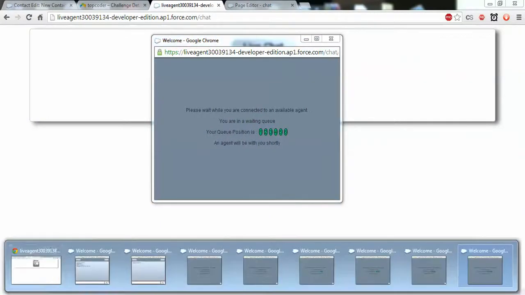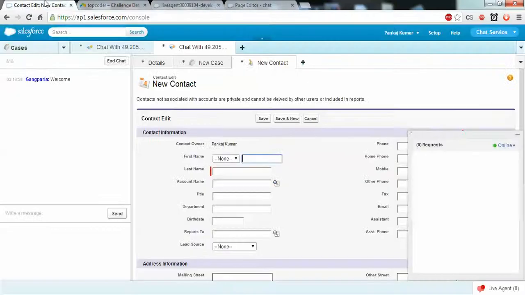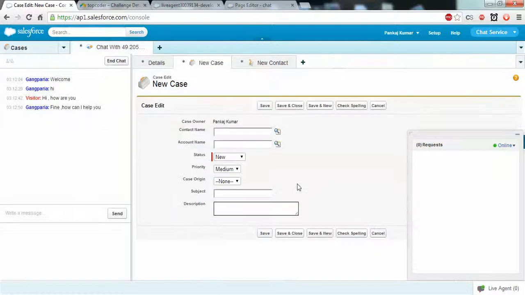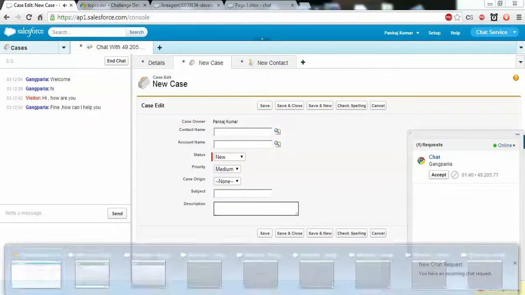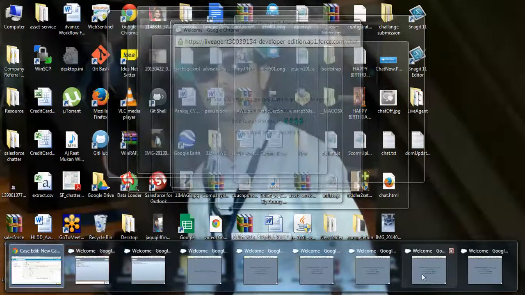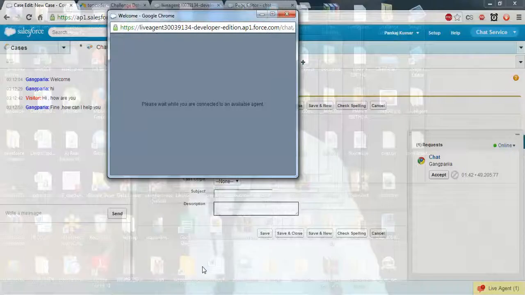If I accept or decline, if I end any of the chats, a new request will come, and you will see that there are only 5 in the queue. Now this will be contacted soon.